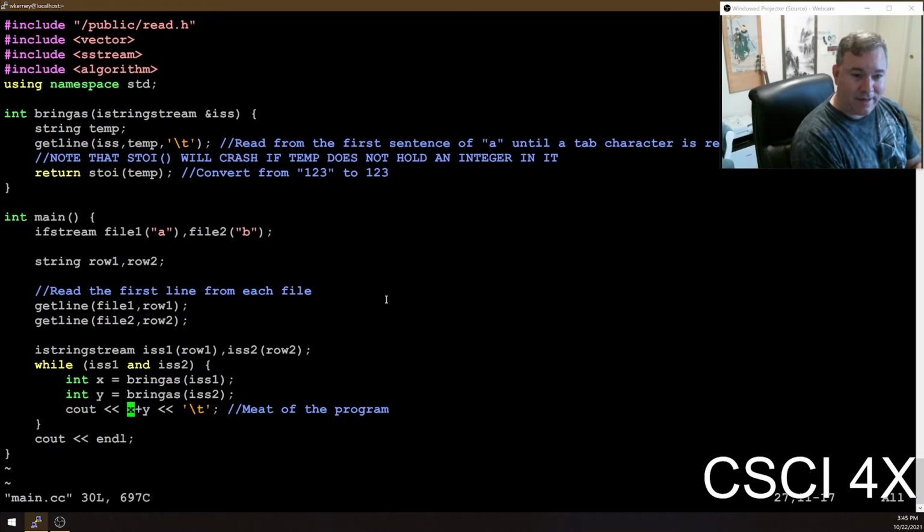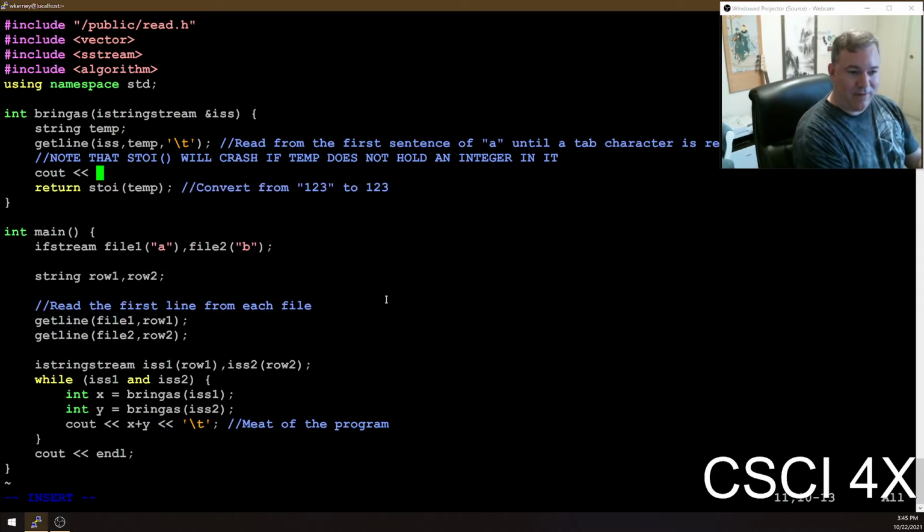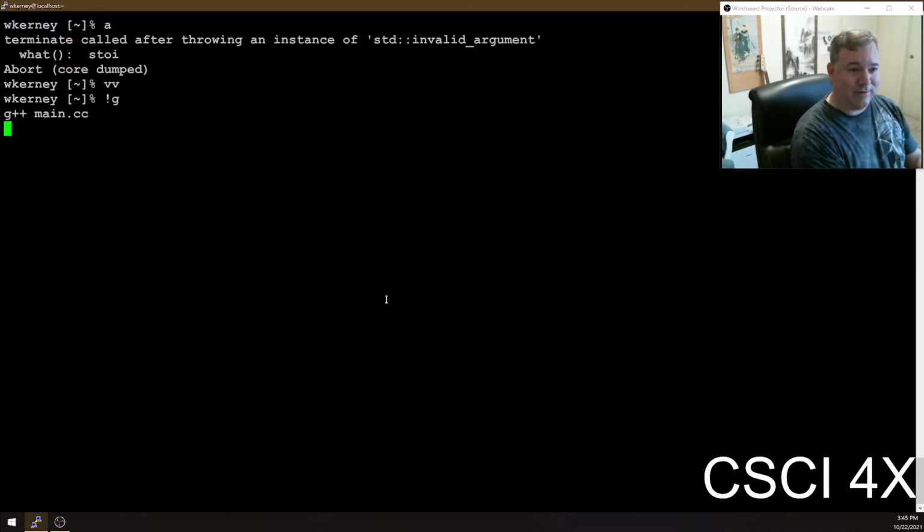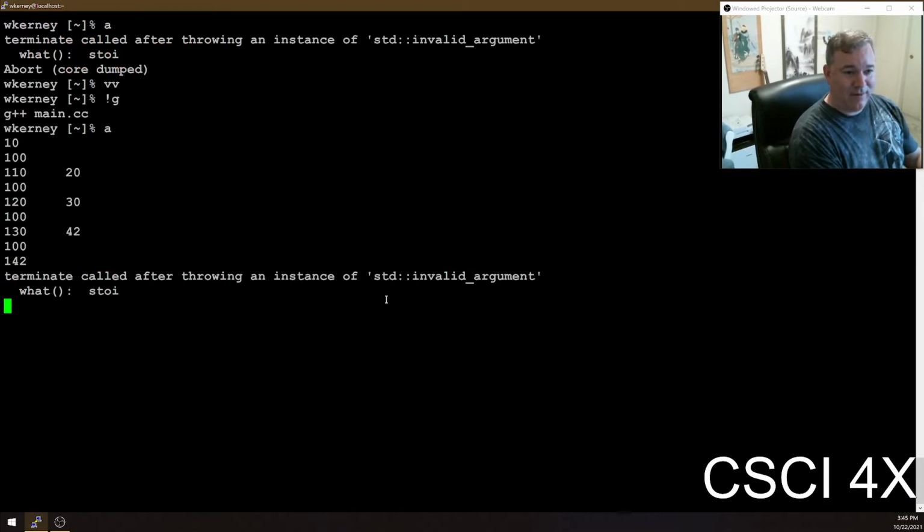Because it'd be easier to ask you what's crashing it. Right? So rather than relying on the professor to solve it for you, cout all the things. Just every time you're about to stoi something, just cout it. Find out what's crashing it, right? And do that. This is a valuable skill for you to learn. And we can see that